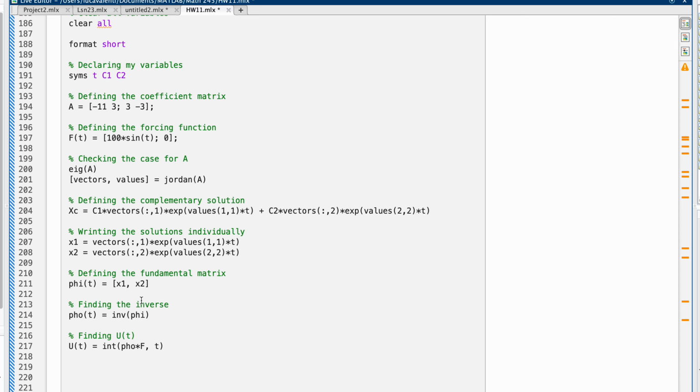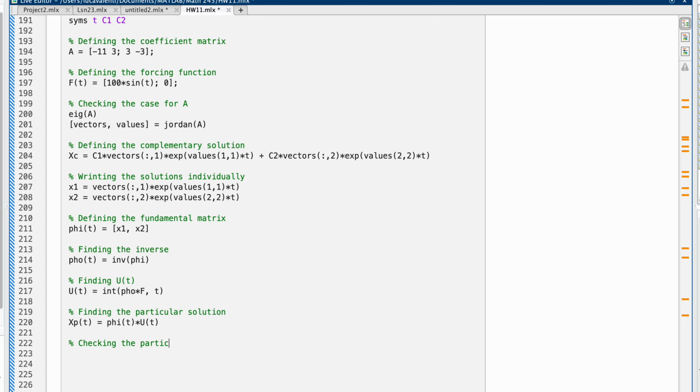Now once we have this, we can find the particular solution, because it's really just going to be u of t times, no, you have to make sure you don't change the order, because order matters in this case. So this is going to be the particular solution. Now we want to check